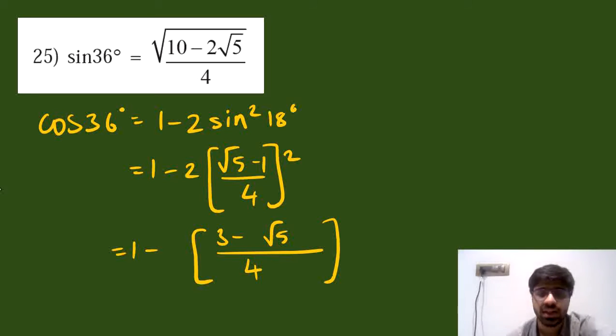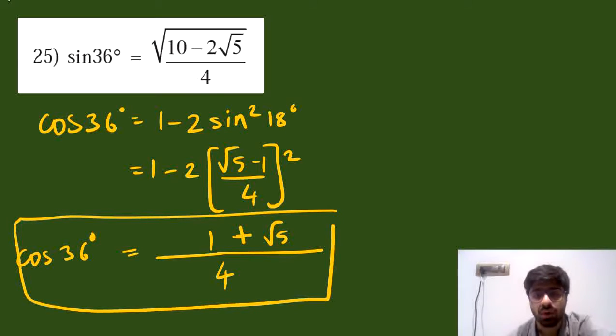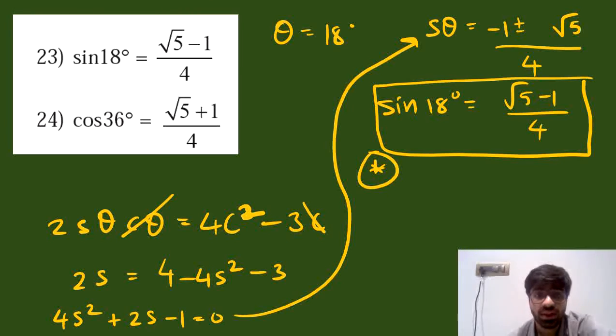And then the entire bracket when combined, like 1 minus this entire bracket, that would be 4 minus 3. And when you open the bracket here, that would be a plus. And divided by, we have a 4. So this 4 minus 3 would give you a 1. And that is the value of cos 36. That is, cos 36 degrees is equal to 1 plus root 5, the whole divided by 4. Okay, that is how we are proving the 24th question.